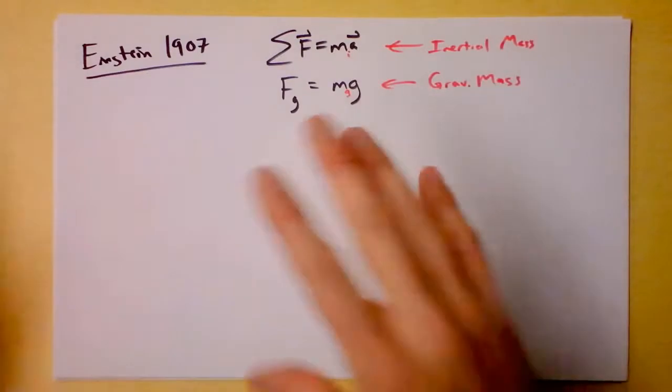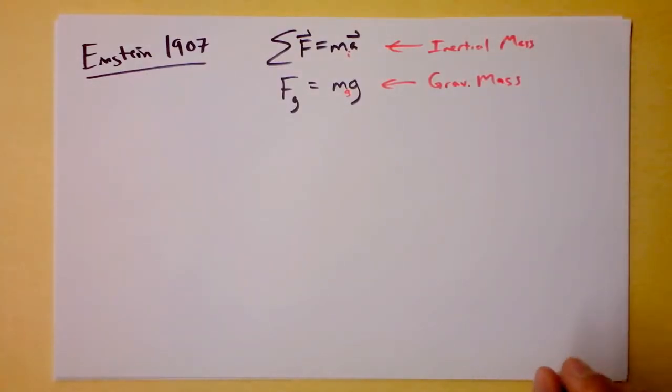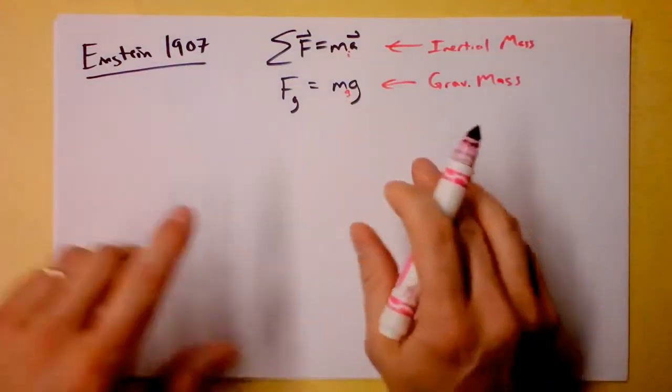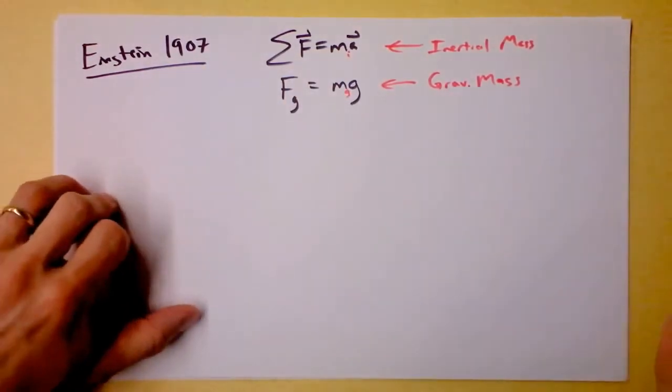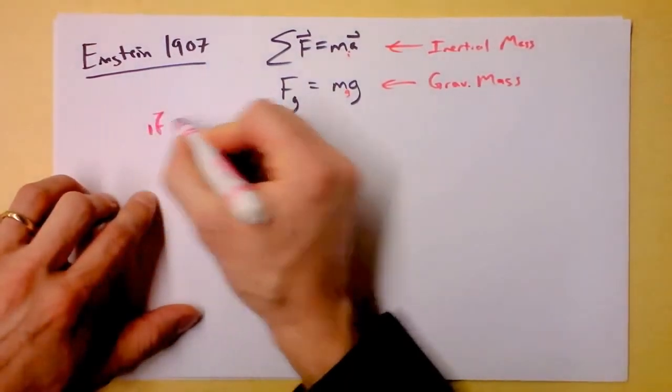So this tests an aspect of the equivalence principle, and that aspect is, well, if these two are the same, then we can get this really cool conclusion that says if something's in free fall,